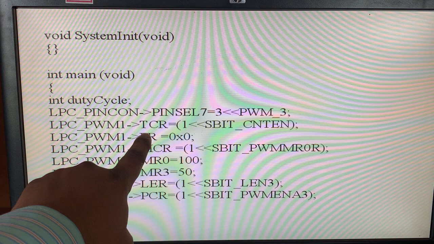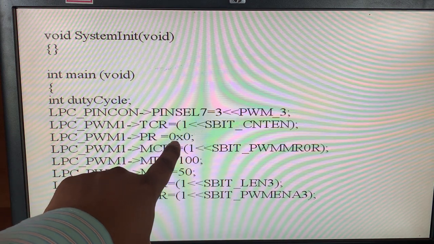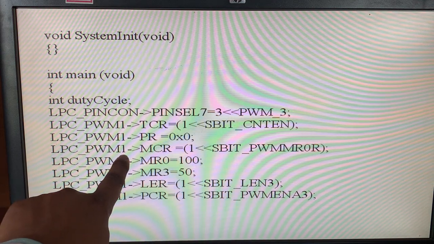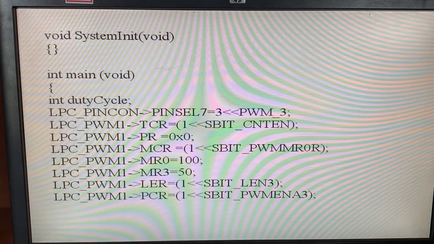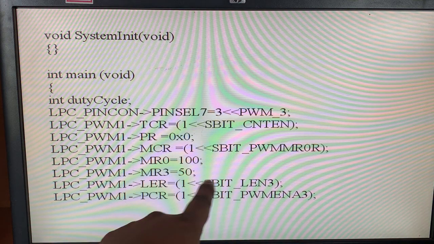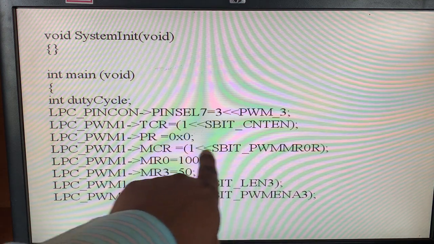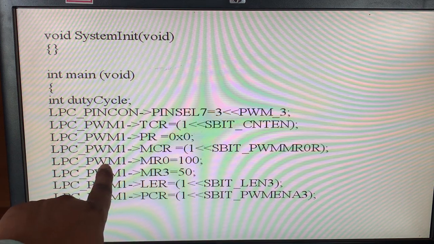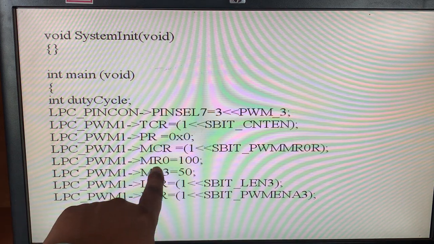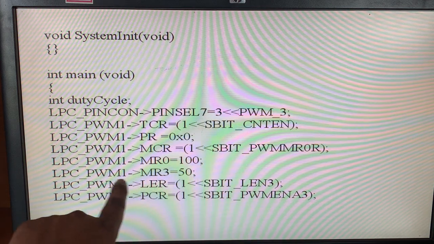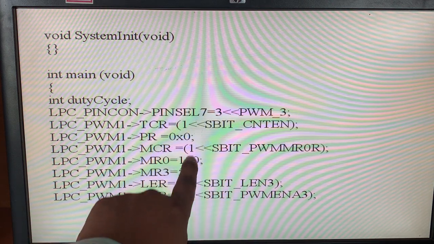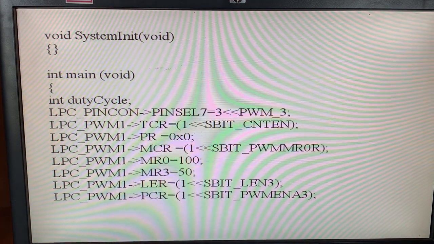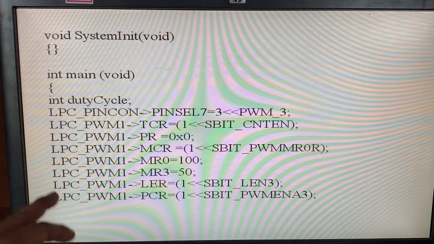As I told you, the prescalar register is to be loaded with a value of 0, and LPC_PWM1 MCR, that is the match control register, with a shift value of MCR to be loaded into the MCR register. Then LPC_PWM1 MR0 with 100, and MR3 is equal to 50. Here these two values can be varied in your program according to your requirement, or the duty cycle can also be varied with these two values.